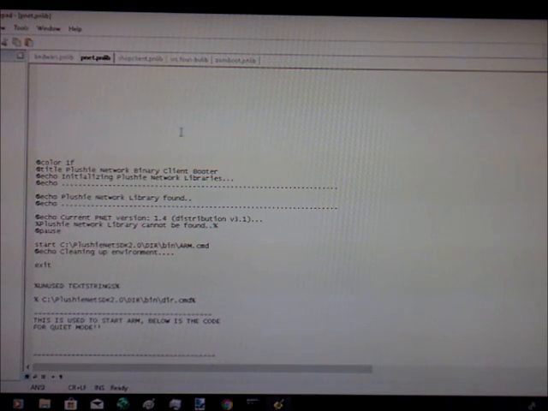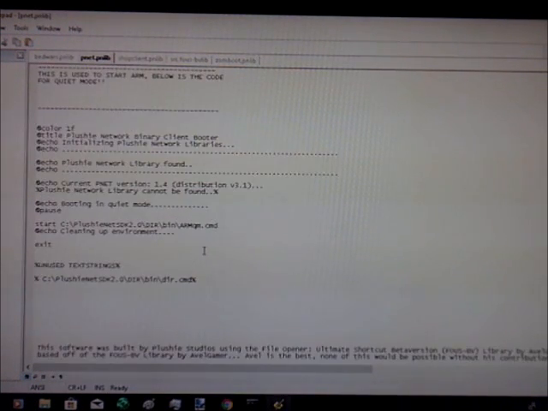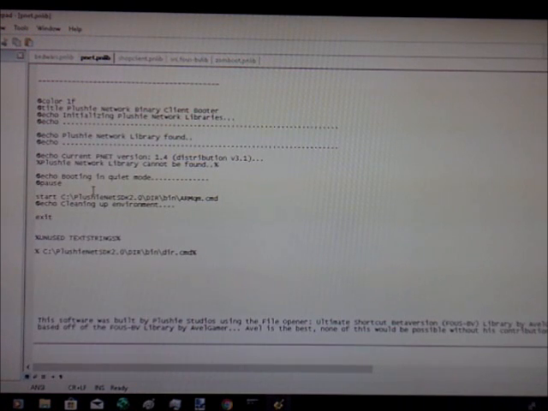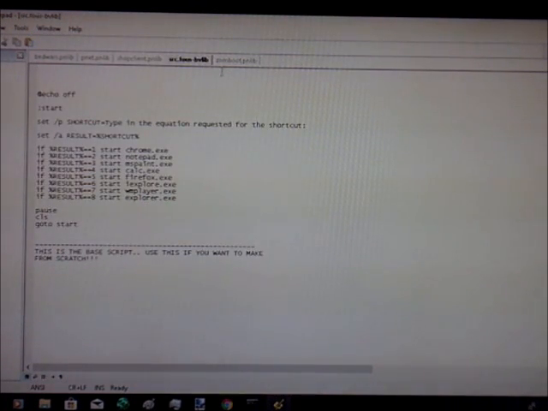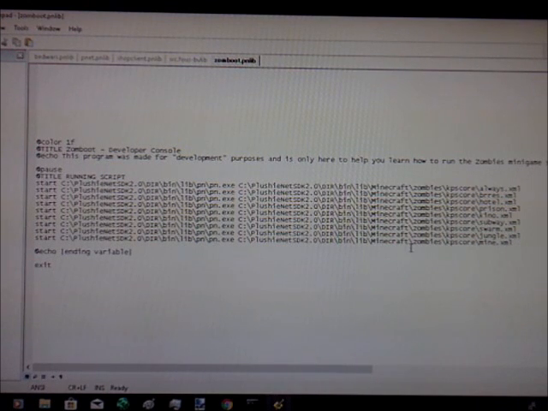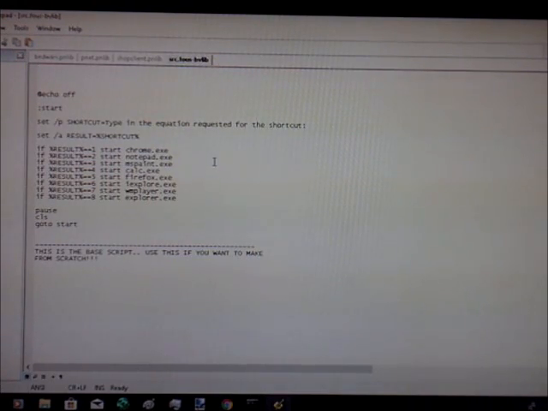And we're going to move on to, well, PNET is simple. It just opens up the ARM. If you're going to move around stuff, you might want to change some things, but it's nothing you need to mess with. Shop client, same thing, and nothing much to mess with. And the zombie thing is just for the zombies minigame, so there's nothing to mess with that unless you're going to add XML files to that. But